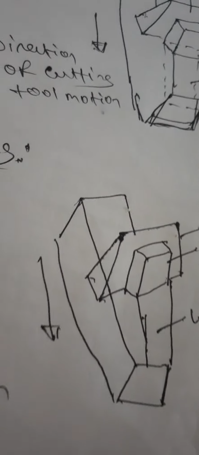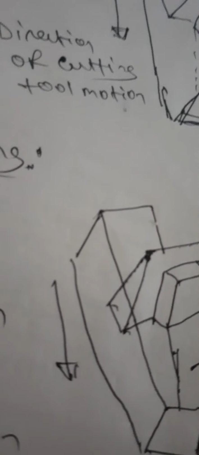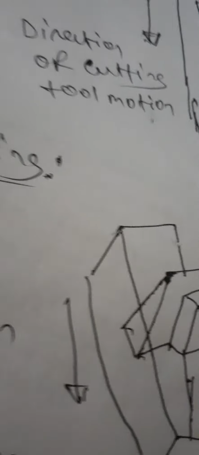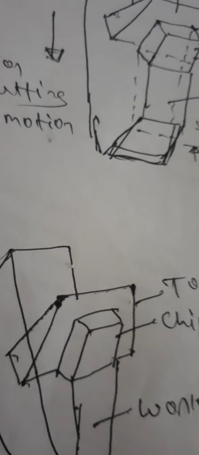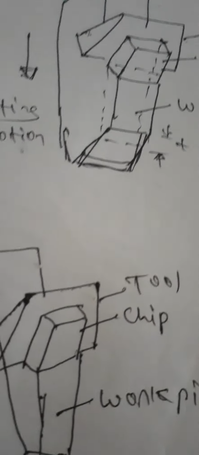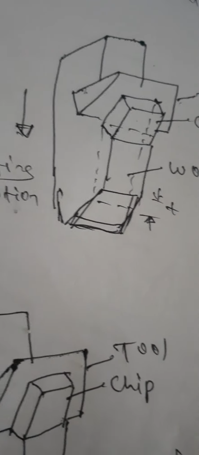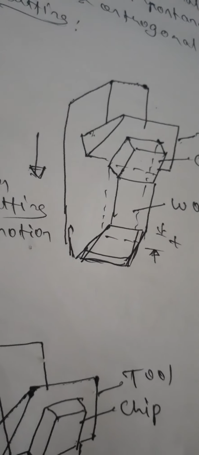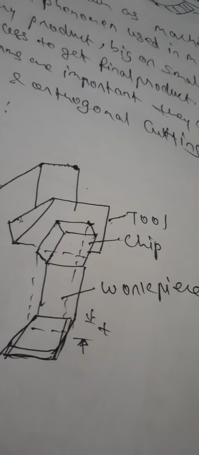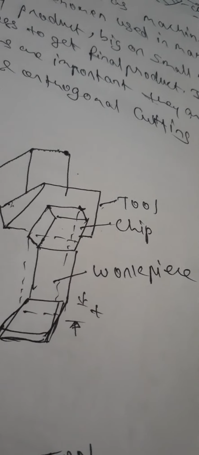And in oblique cutting, you all can see this chip, a tool, and a workpiece below that. In this type of cutting, the cutting edge of the wedge-shaped cutting tool makes an angle, except right angles, to the direction of the tool motion. This will affect the cutting conditions. It is also known as 3D cutting, since three mutually perpendicular forces are involved.